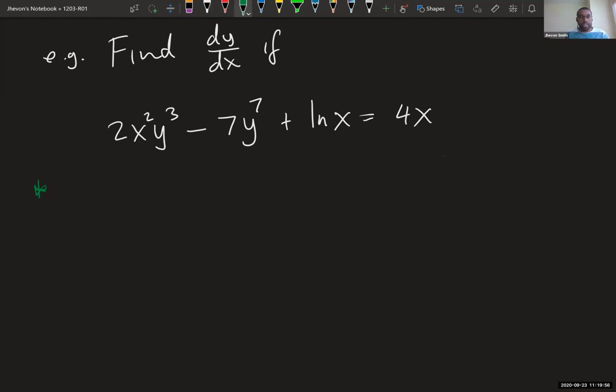So sure, you can isolate y if it's possible, but as I showed in class, it's not always possible, and sometimes it's just not efficient. Like your y, if you isolate it, it would just be such a complicated function. It's just not worth your time. So for the first term, you would have to use the product rule. Okay. But what is the idea here? So you differentiate as usual,